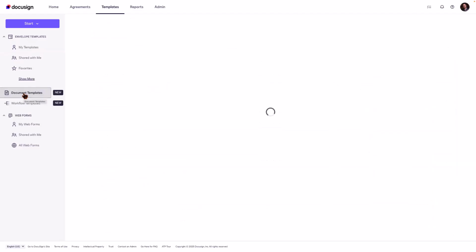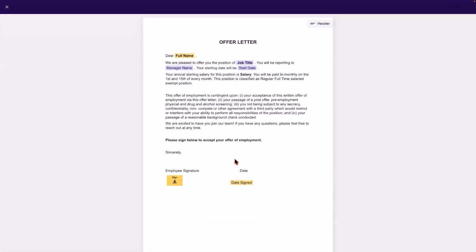If I click on document templates here, let's go ahead and click into our document here. We can take a look at it and see that salary is not populated here with a field. We only made this change on our envelope template going forward. So anytime somebody uses that specific envelope template, the salary field will appear and the sender is going to need to populate that. But otherwise, it's not been included on this document. So if this document is shared with other envelope templates, it won't be there.